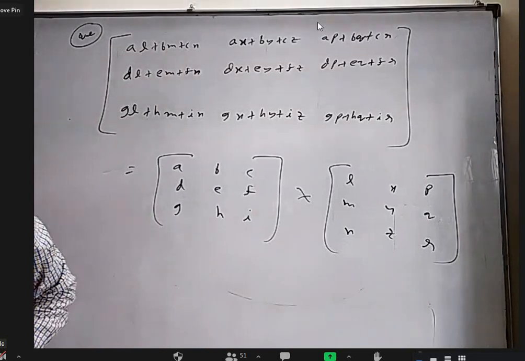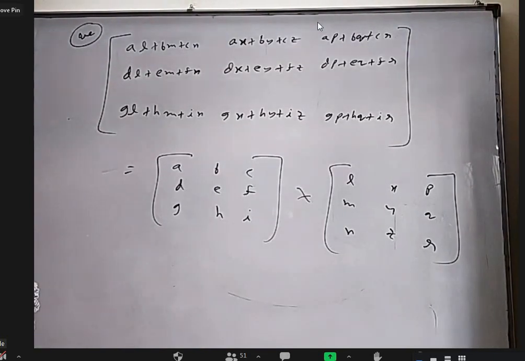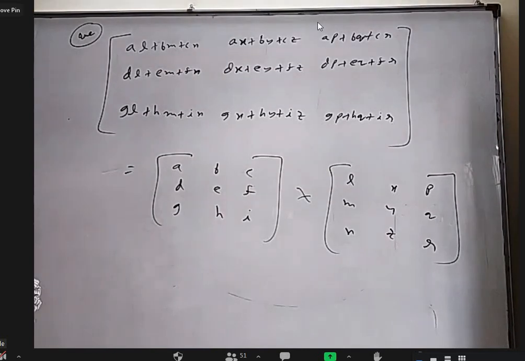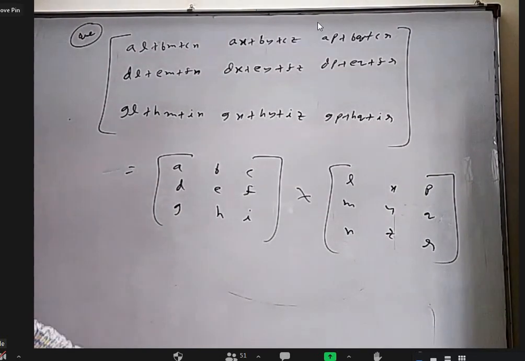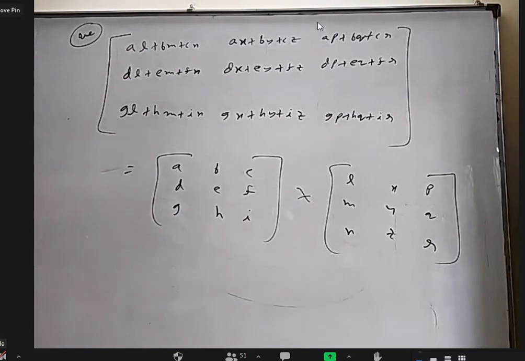For the answer matrix, the first element is the product of first row and first column. Yes, correct, you're right. In that way we should do for every element. You almost expressed it. I want to be a little more precise, that's all. What you are telling can be a little clearer for others to understand. Anybody else want to express the same thing?